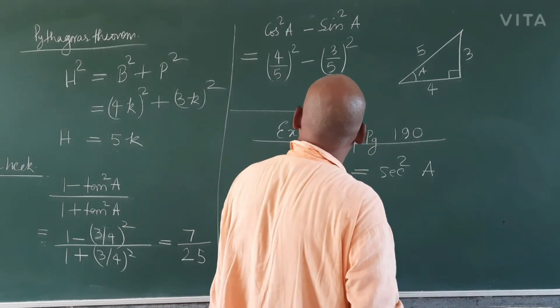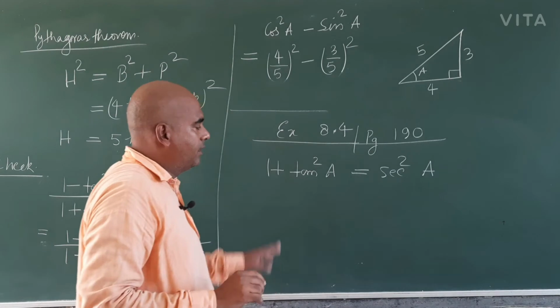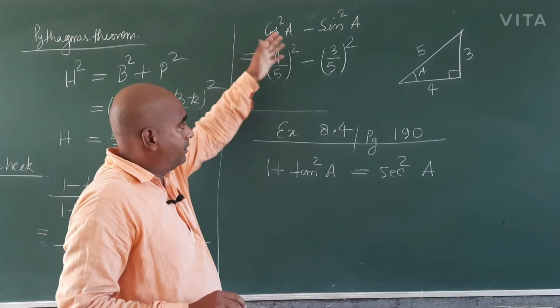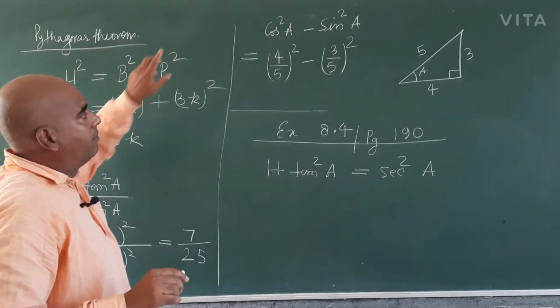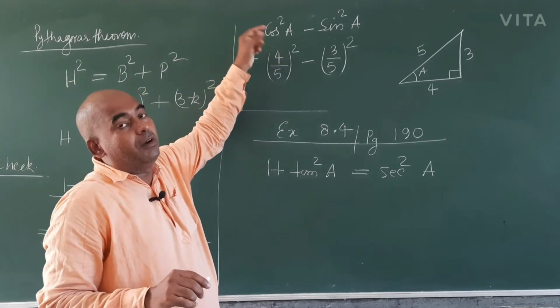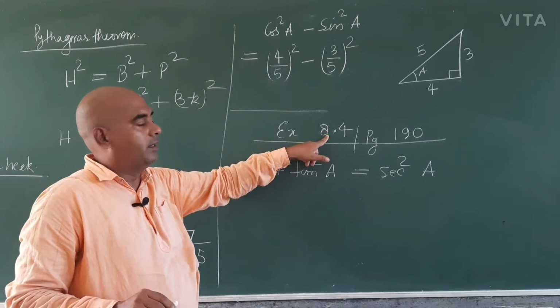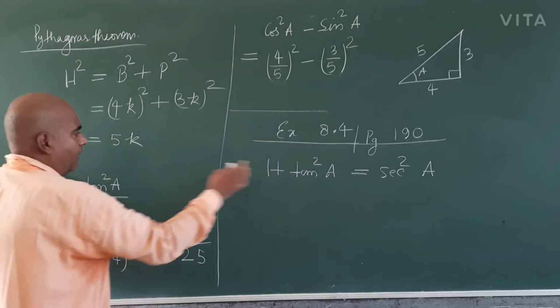And that's enough. There are three formulas. This is the question which has been proved with the help of examples 3k, 4k and 5k. But this is also a trigonometric identity. I will tell you in chapter number 4, exercise 8.4. You can prove it with the help of this formula.